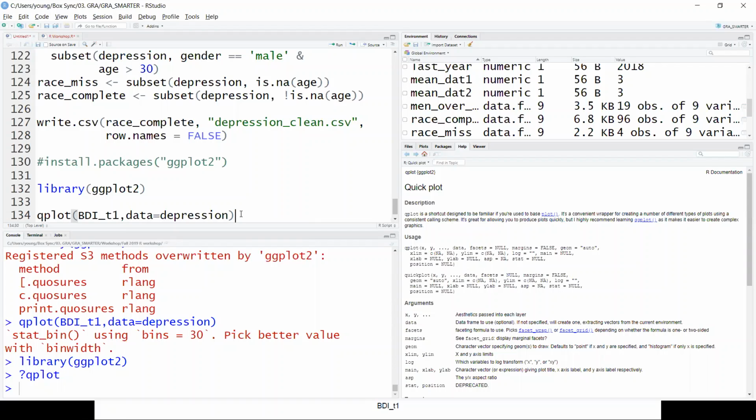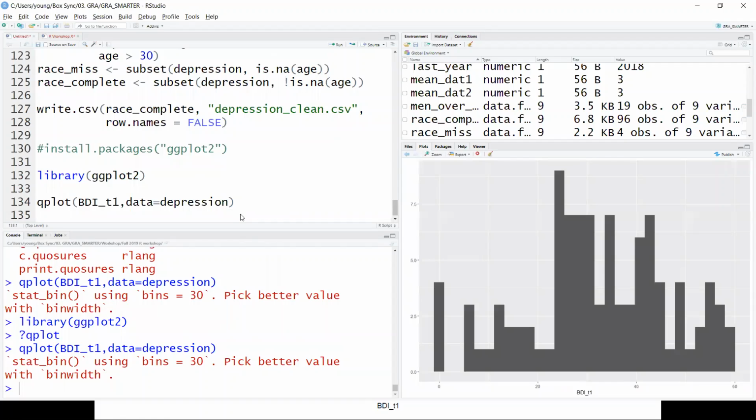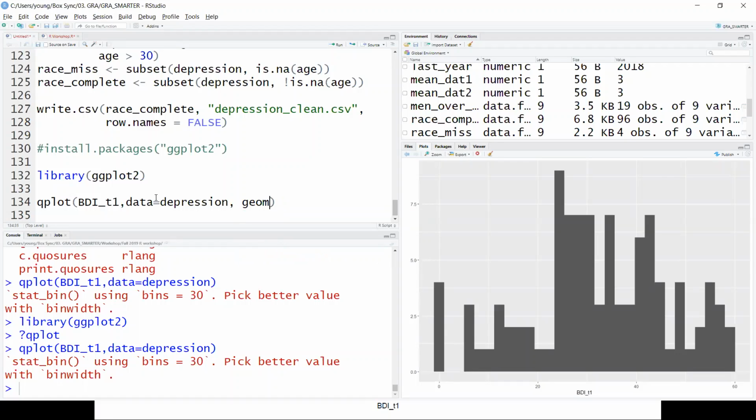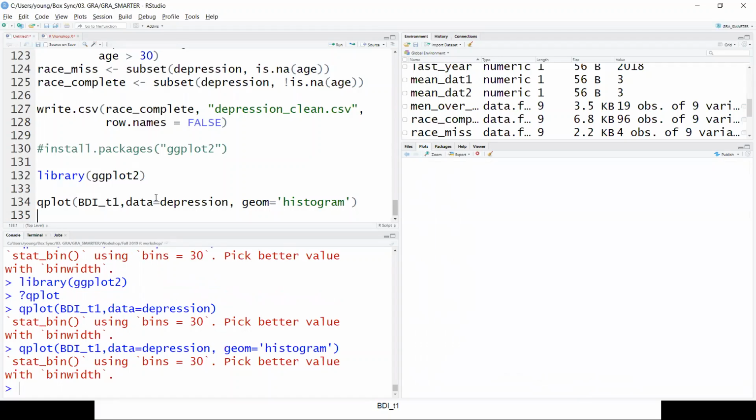If you run that, it'll give you a histogram. It'll tell you that you should pick a better number of bins than 30, which makes a lot of sense. You have a lot of options here, actually. So by the way, it's smart. I mean, it knew that I was looking for a histogram because I only gave it one continuous number. If I had given it something else, it would have given me a different kind of plot. If I wanted to be absolutely sure, the kinds of geometric figures they plot are called geoms, kind of ggplot speak. Geom equals, and I would have been sure it was going to give me a histogram. Same thing, right?